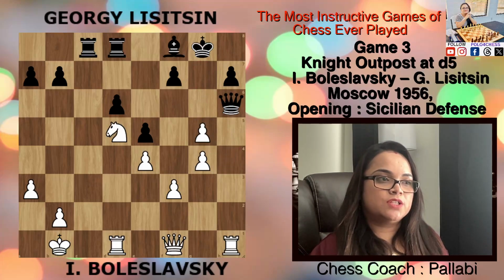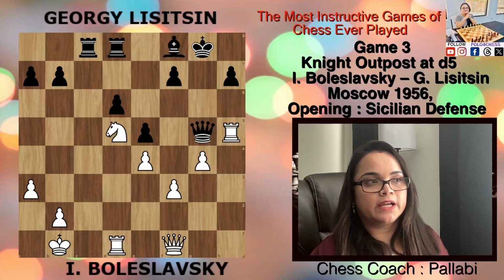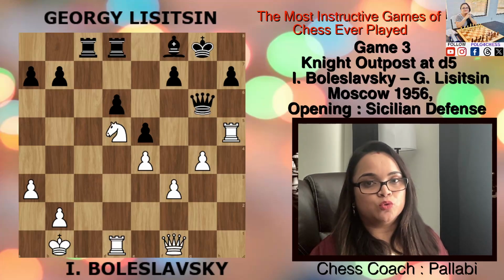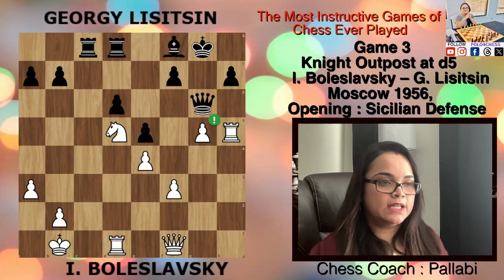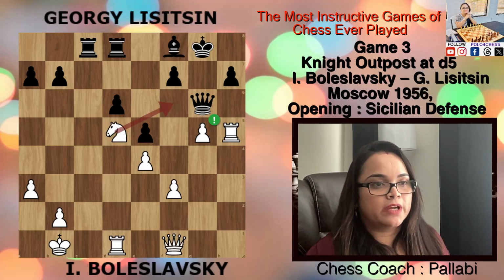White captured h takes g5, black captured queen takes g5. White played rook h5, attacking the queen. Queen goes to g6, and now white played a good move, g5. It threatens destruction with knight f6 check, followed by rook takes h7 check. Black has no defense after queen takes h5, as knight